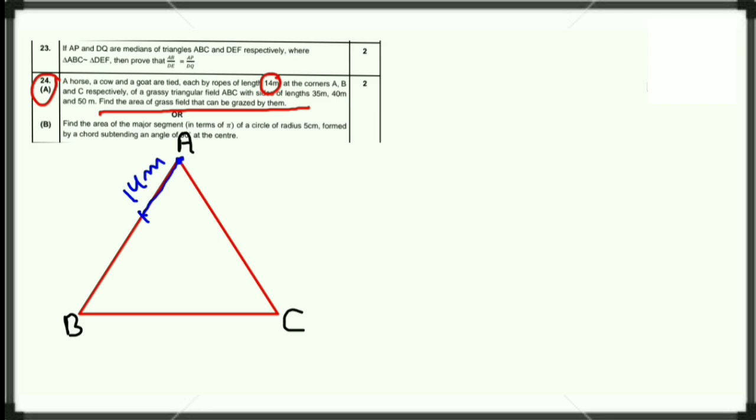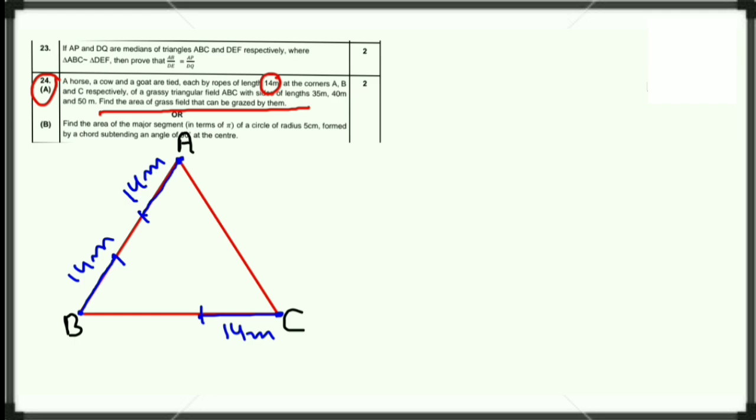Similarly, at corner B, a cow has been tied with the same length of rope, that is 14 meter. Similarly, at the corner C, a goat has been tied with the same length of rope, that is 14 meter,